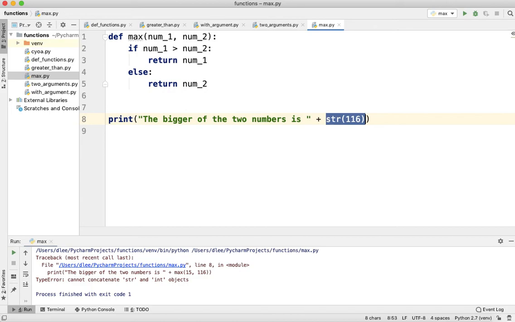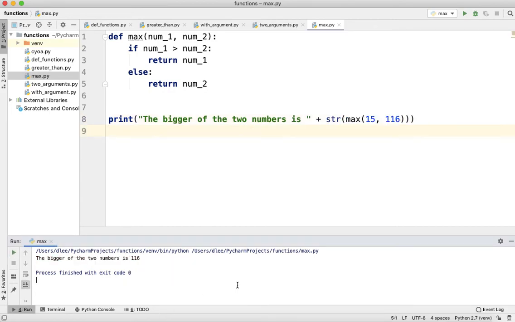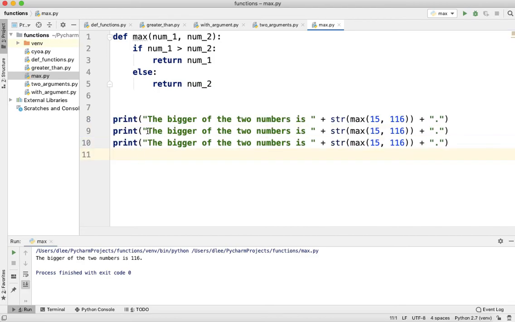So let me go back in time and run the program, and you can see that's exactly what it does. And of course here at the end we probably want to also concatenate a period, and everything's going to look better. So now what we can do is make it print out different things. We can say the smaller of the two numbers. Oh no, we can't. What we can say is, maybe we can do